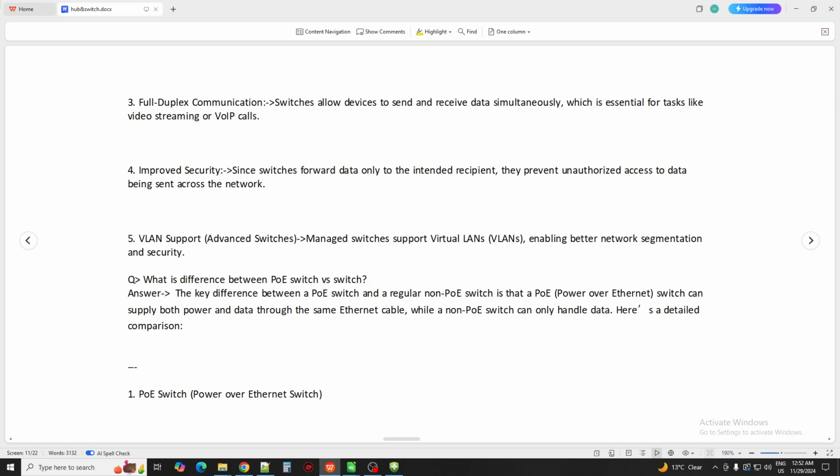Now there is something more to it, like there is a PoE switch also. Now let's see what a PoE switch is versus a switch, okay. We know what a switch is. Now we want to know what a PoE switch means, okay. So PoE switch is Power over Ethernet, what really is it, okay. So a PoE switch basically is something